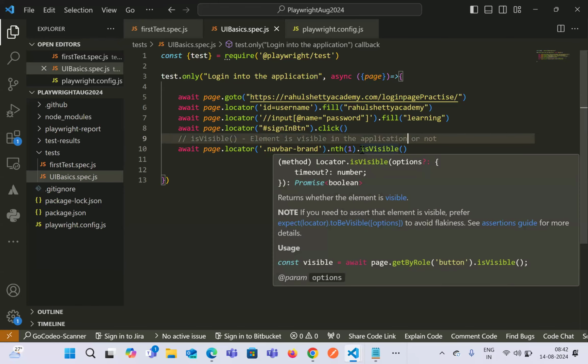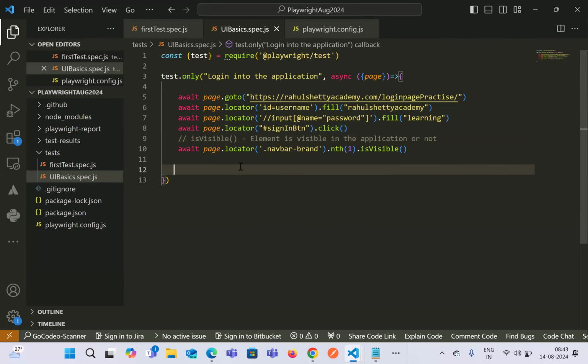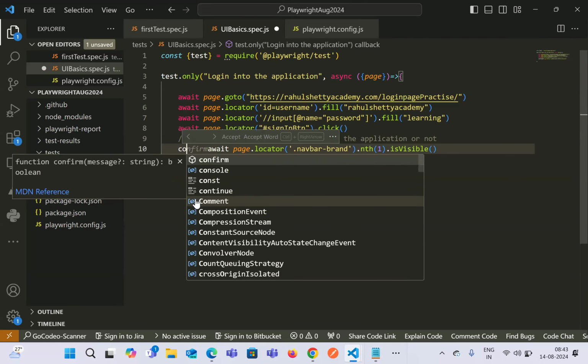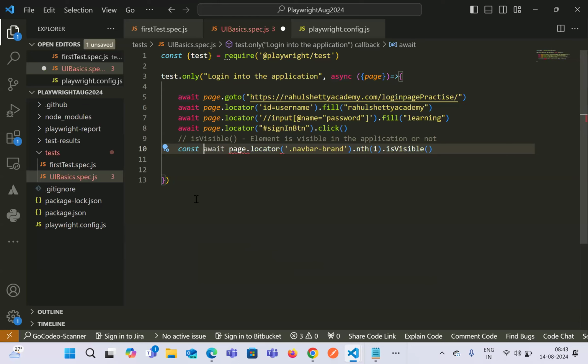So is visible we can try to utilize. It will return us either true or false. If it is not visible, then it will return us a false value. If it is visible, then it will return us a true value. So you can see it returns whether the element is visible or not. Okay. So if it is visible, then it will say okay, we have successfully logged in, and we can either store it in a variable, which is like, let's say we call it home page,